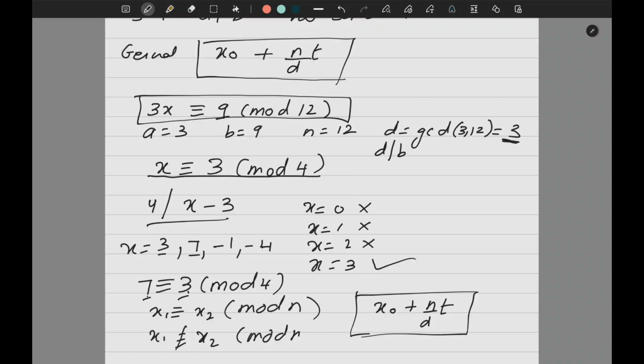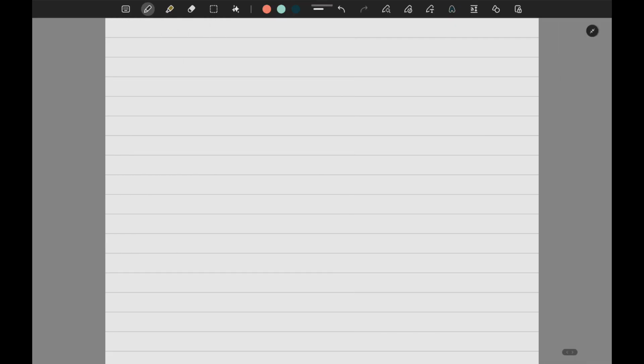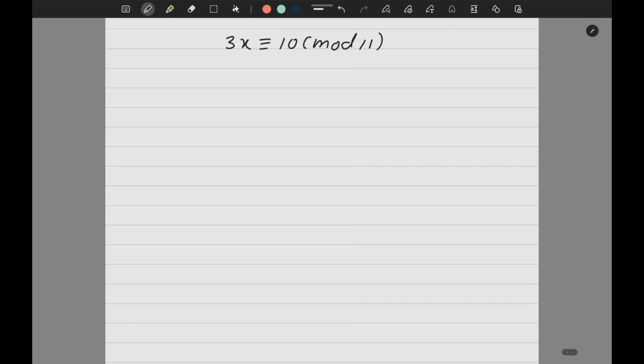So I will tell you a method where you will surely get the answer and it will be done very easily. So I will not prefer to use this method, but I will show you one question using this method also. Okay. So let us start with the question. The first question I will do by the simplest method, which I will not recommend. It is only easy, so you can try this method as well if the numbers are small.